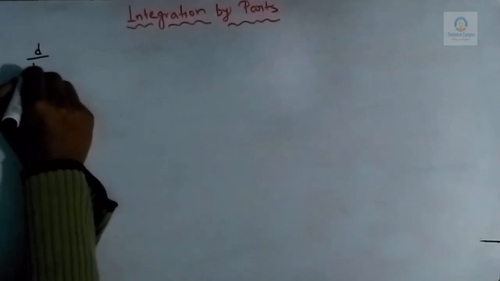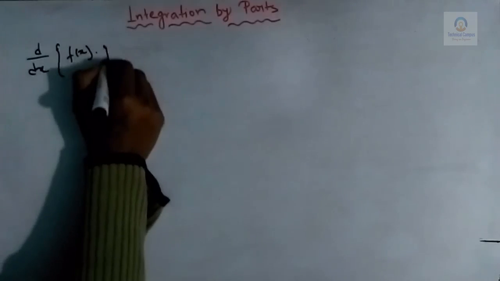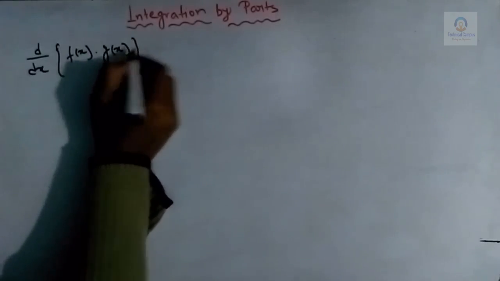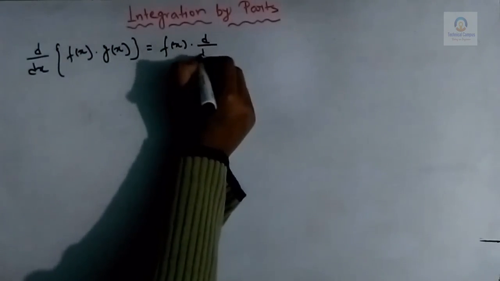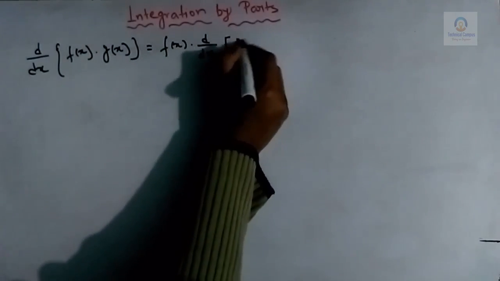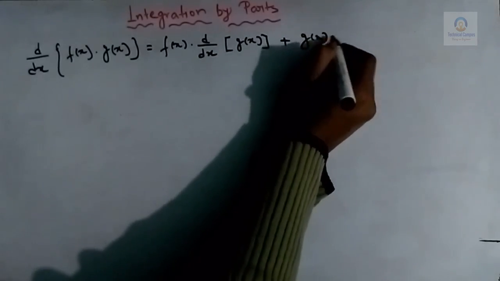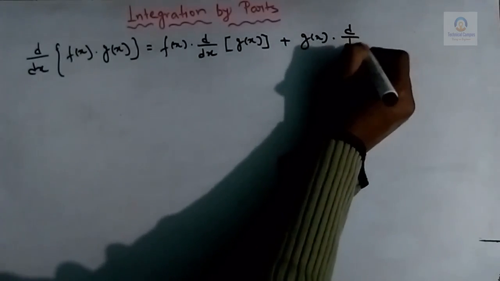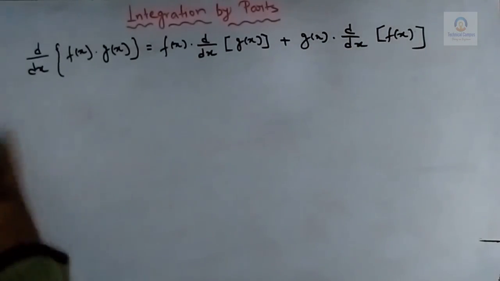According to the product rule, the differentiation of the product of two functions f(x) and g(x) will be equal to f(x) into d/dx of g(x) plus g(x) into d/dx of the first function, that is f(x). Now if we integrate both sides,